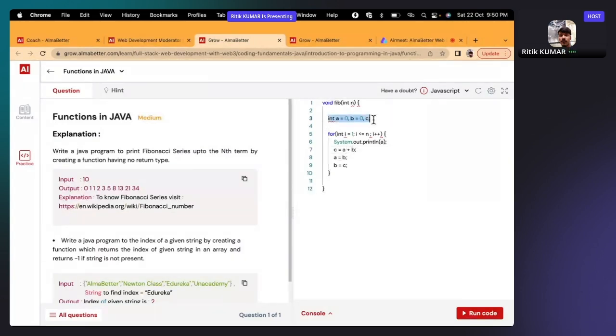So we know the first two terms. Sorry, the second term b will be 1. So for the first two terms, a is 0, b is 1. We have to print n numbers, so we are running the loop n times, and every time we are just trying to print the number which is a. And then we are moving forward, so we are calculating the next term, which is going to be